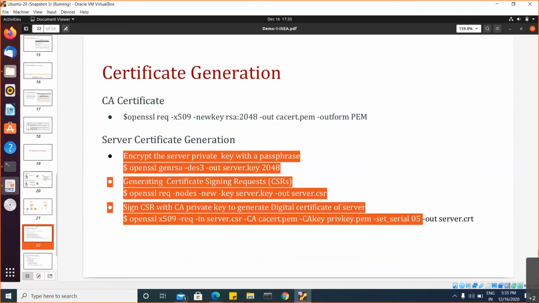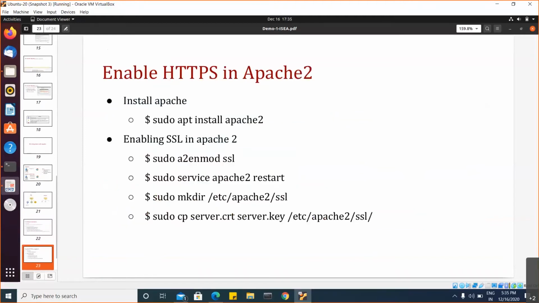Okay, so once the digital certificate for the server is generated, we need to install the Apache web server, and in the Apache server, we need to enable SSL. There is an SSL module which is built as a part of Apache. Whenever you want to enable HTTPS traffic, you need to enable SSL. So once we install the Apache server, we need to enable this particular module. Once we enable SSL communication, we need to restart it. Once we have restarted Apache, we need to make sure that Apache finds the digital certificate of the server that we have generated earlier.